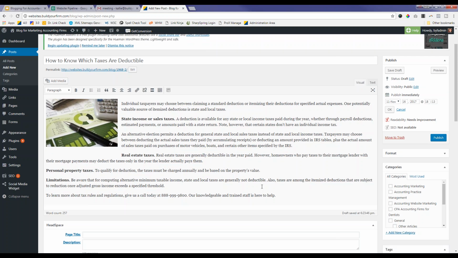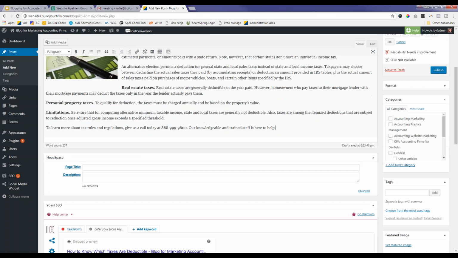And the other nice thing about having an image on your blog post is that if you do go to share it out to social media, most social media websites like LinkedIn or Facebook will actually pull in the image from the blog post to post out to the social media. So not only does it make your blog post stand out a little more, it's going to make the social media post stand out a little bit more too.